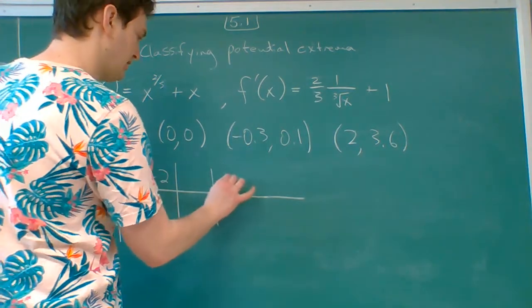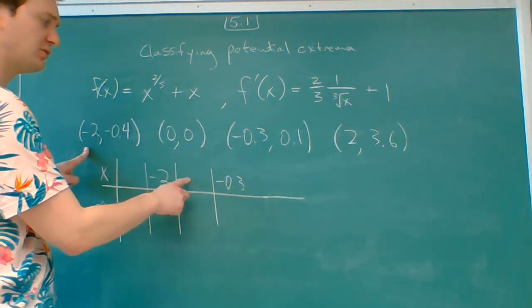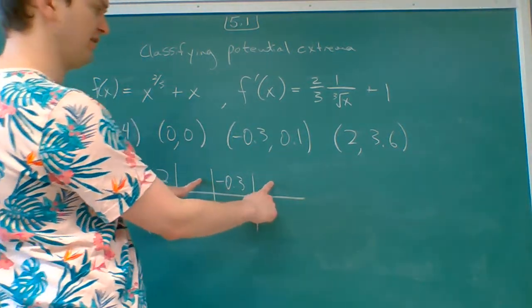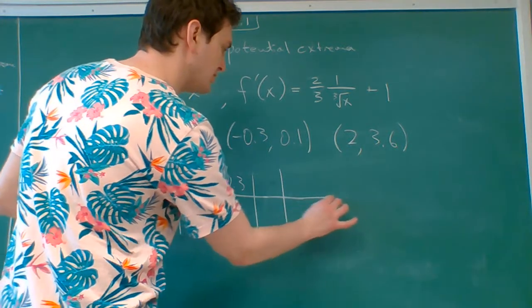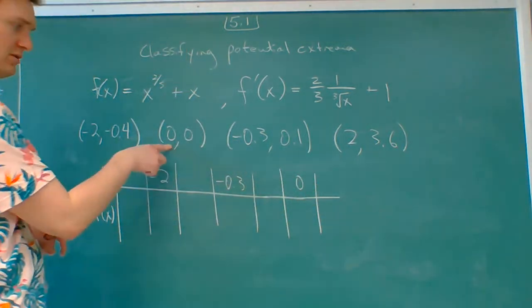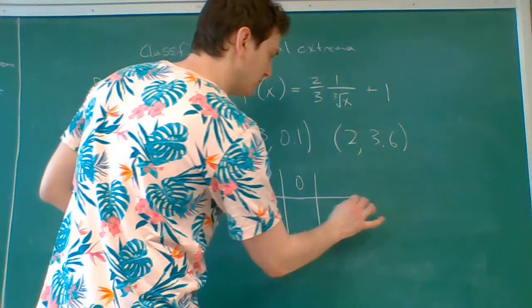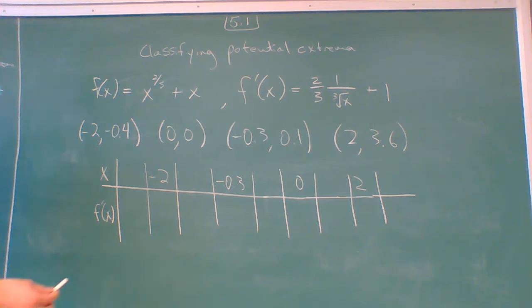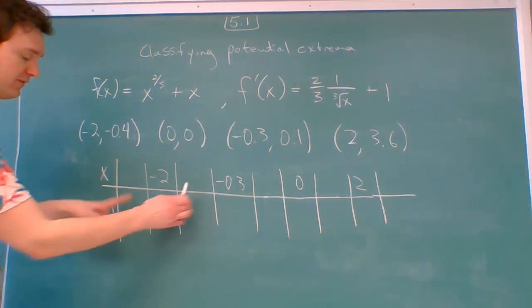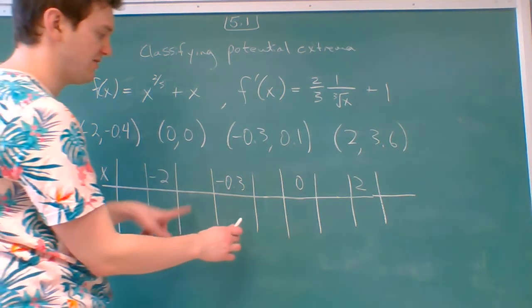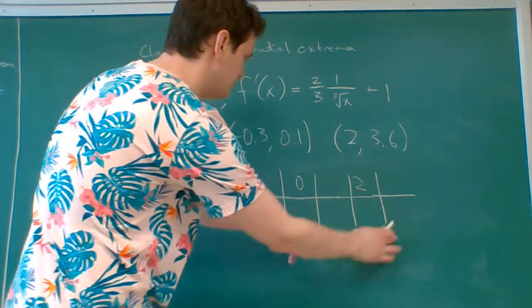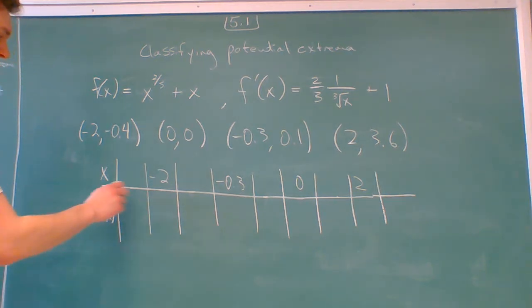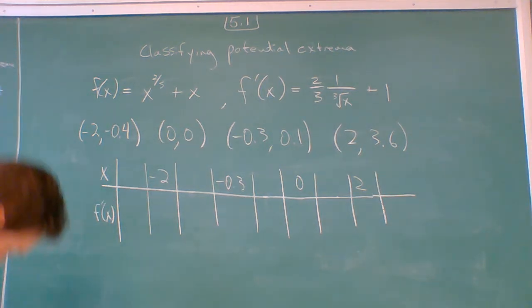Then I've got the -0.3, so I'm leaving a gap in between each one because I need to test the points around -2, then around -0.3. The next one is going to be 0, and then the last one will be 2. So I'm going to check some x value here and here, find the sign of the derivative, and then these two, and these two. Okay, so a good x value over here, well, actually,